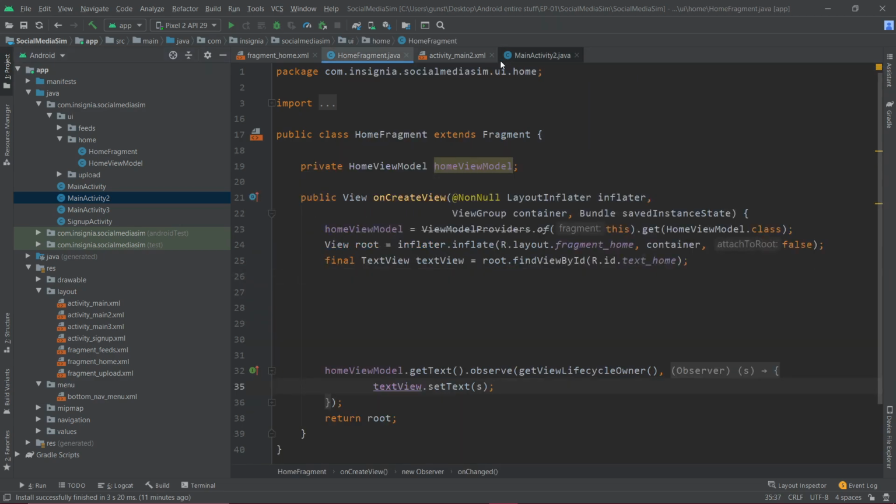But in the case of fragment, it differs. The way it differs is we are instantiating a new root object, right? As you can see, you are instantiating a new root object. So you would have to use this root object, and within that you would have to use the findViewById function in order to get the current view object context. So that is how a fragment basically differs from an activity. I hope you understand. If you have any doubts, you can put it down in the comments.